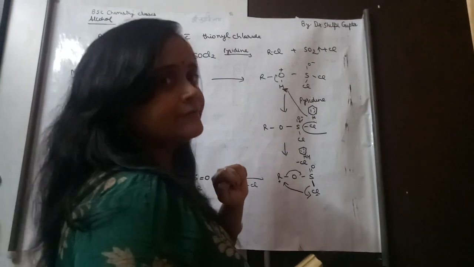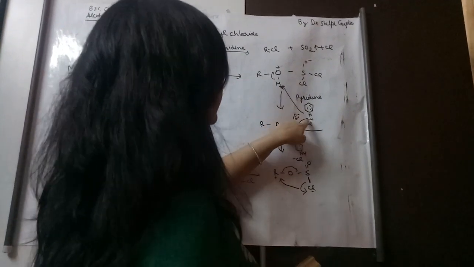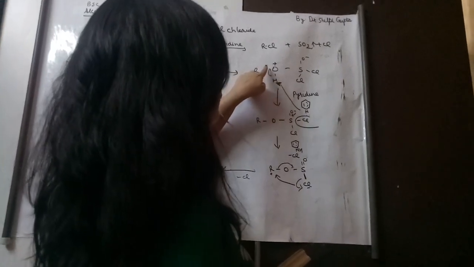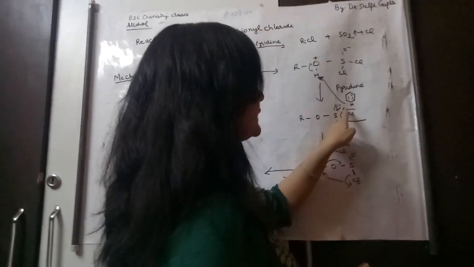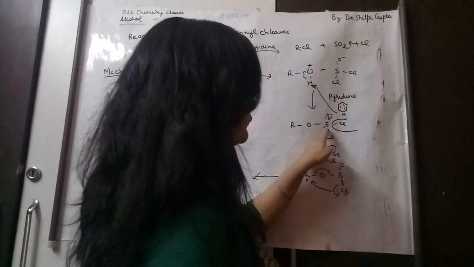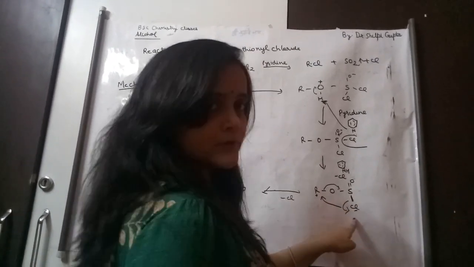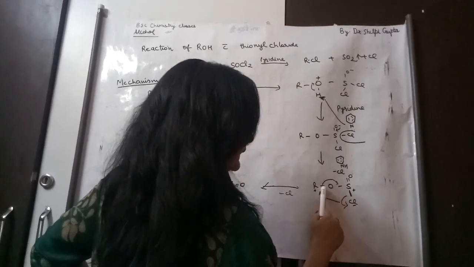Oxygen will become electron deficient, and then pyridine will take part in the reaction, and then pyridine will take the H from the molecule, and this lone pair of electron will shift on oxygen atom. In the next step, the Cl, being more electronegative, will remove from the molecule, and then oxygen, which has lone pair of electron, will share its electron with S. Okay, so what will form is S double bond O bond, and then in the next step, another Cl will remove from the group. When it will remove, then S will again become positive charge, so it will take the bond from here.